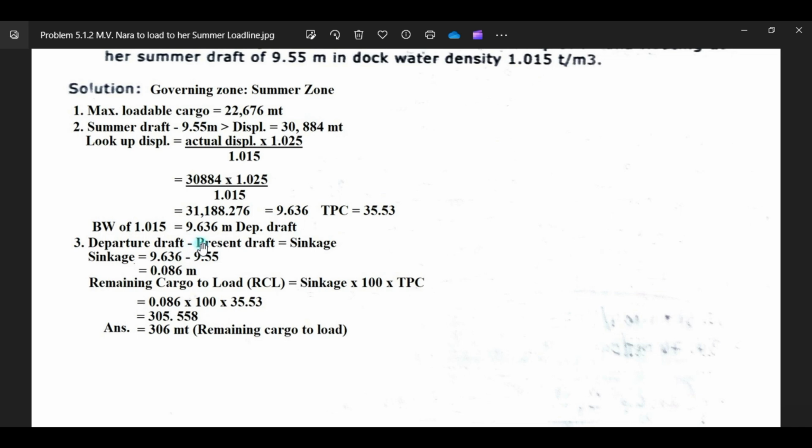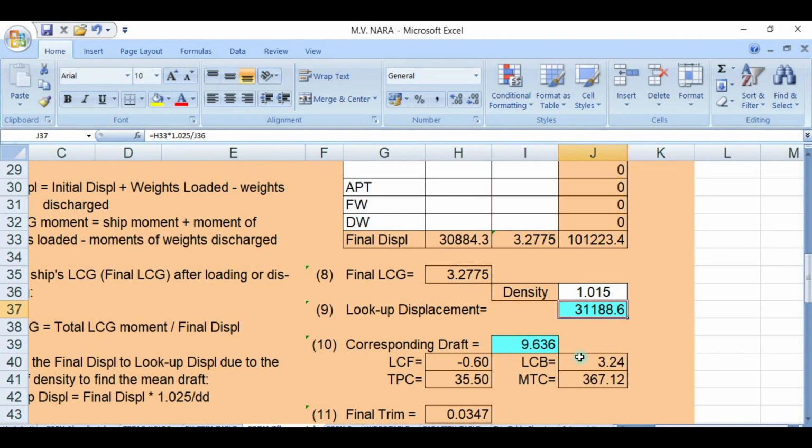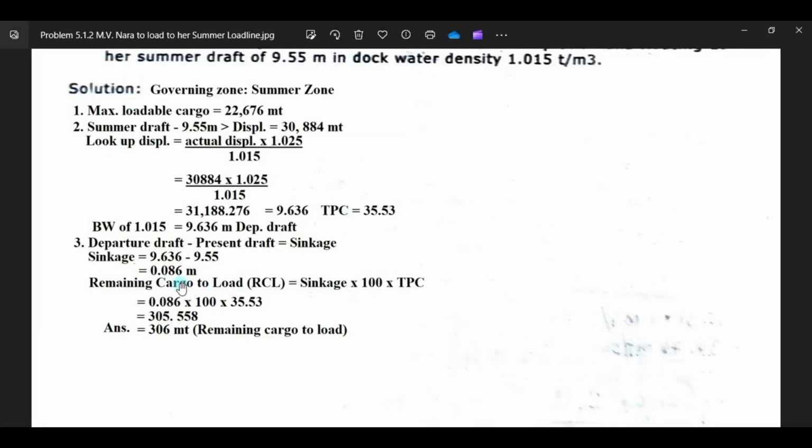So corresponding draft is 9.636, and the displacement is 31188.276, and your corresponding TPC is 35.53.